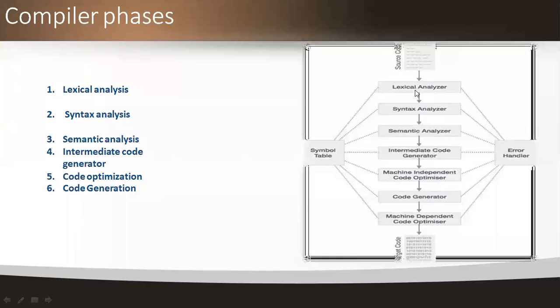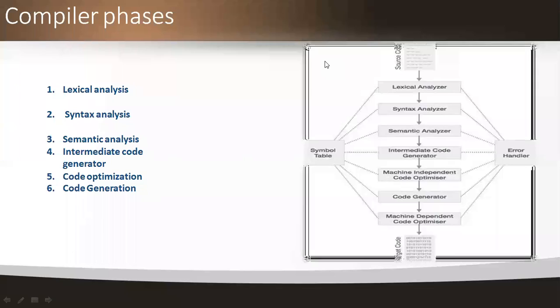We are generating an error free output. That output is taken as an input to the next phase. That task should be performed by the error handler. Error handler handles the errors at each and every phase itself. So there is a connectivity with every phase. There is a connection between all the 6 phases and the error handler, and all the 6 phases and the symbol table. This is a neat structure of various phases of a compiler.